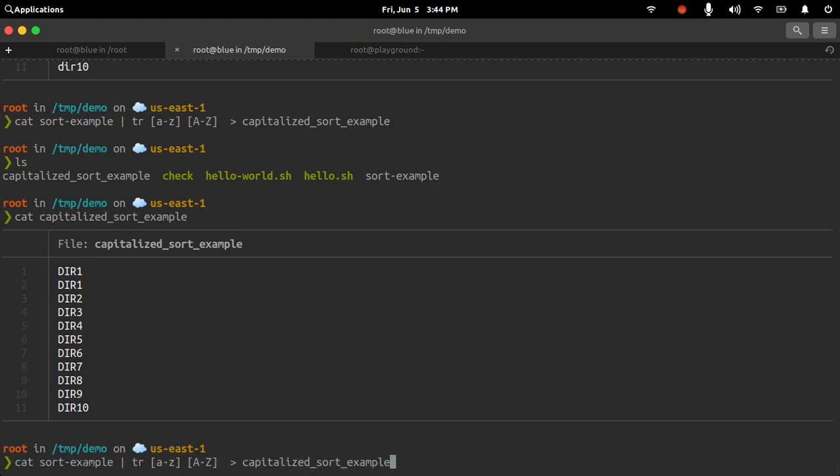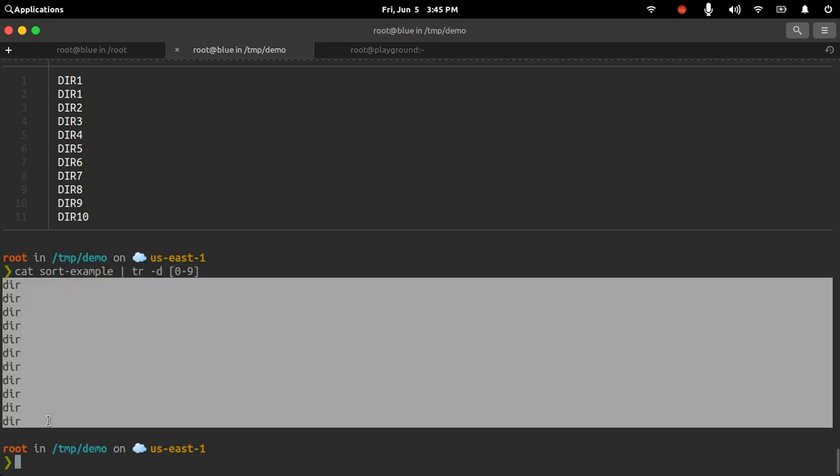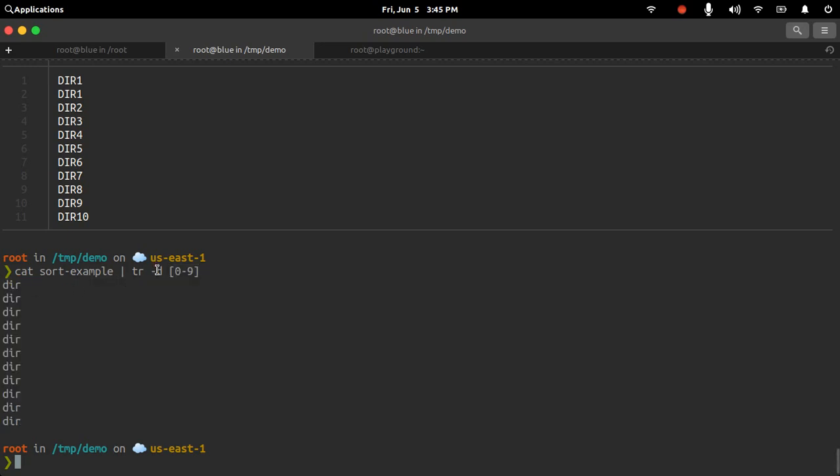So the tr command is basically used for translating or truncating the content of the file, and we can even do tr -d. There are a lot of other options that you can use. What I have done here, with the translate or truncate command, is deleted any number that is found in this file. Every line had a number and all of those numbers are deleted.